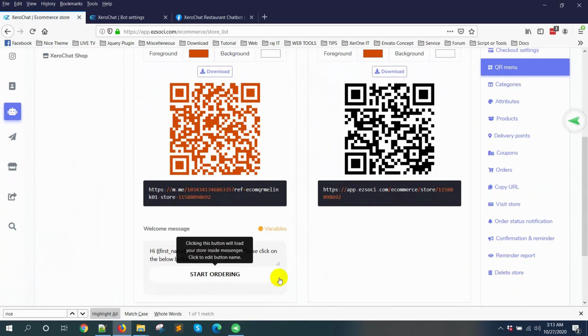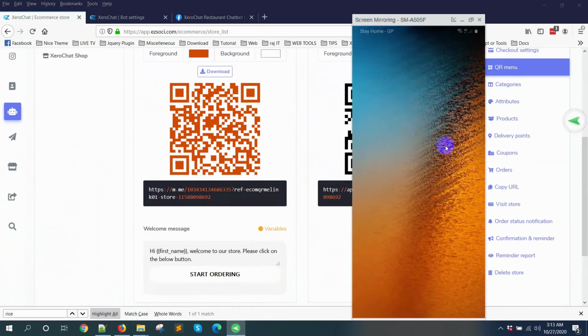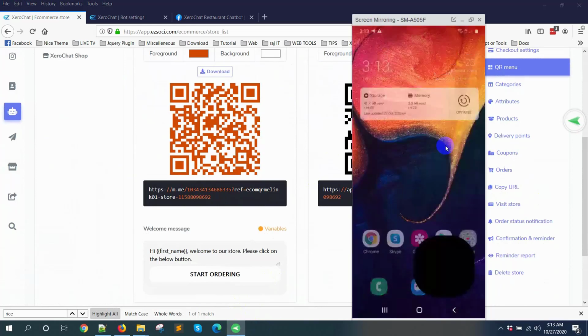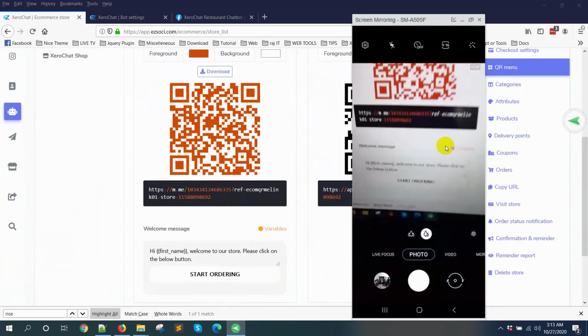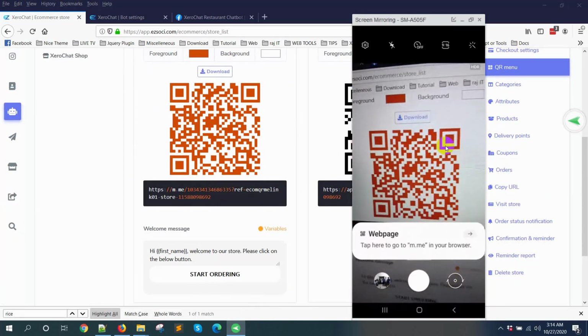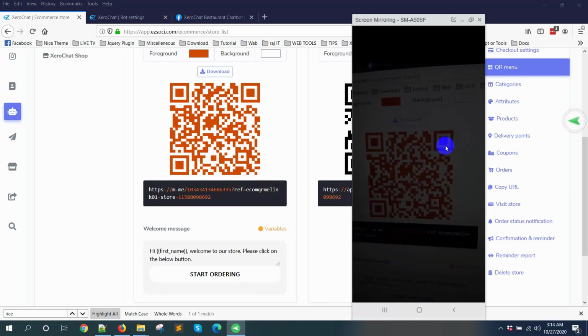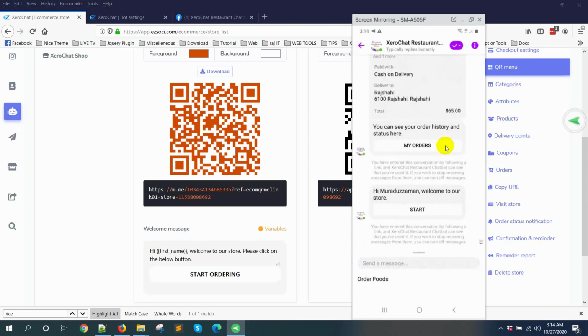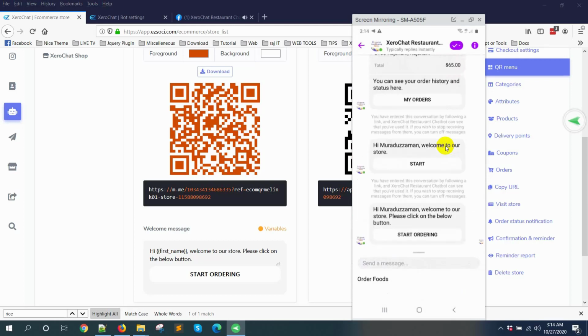Now go to your mobile to check how it is actually working. You can see, hi Madhujjaman, welcome to our store. Please click on the below button, start ordering.